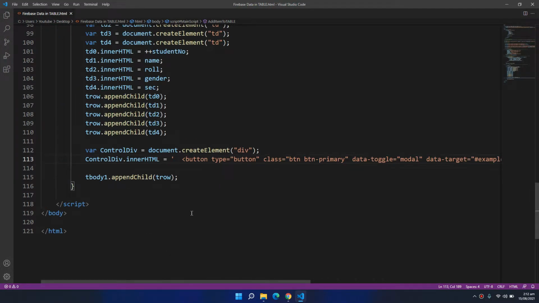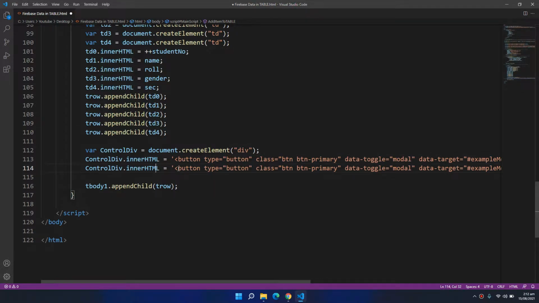And because I need two buttons, I will just copy and paste this and put a plus equals to here, so I would get both of the buttons.